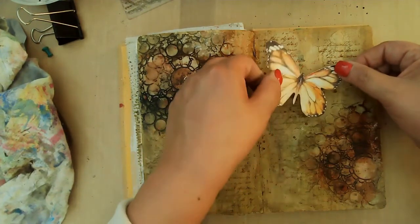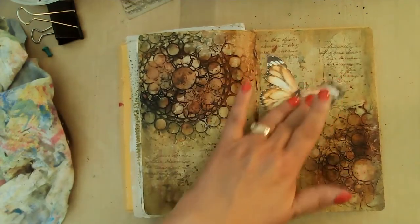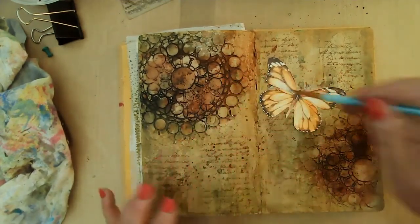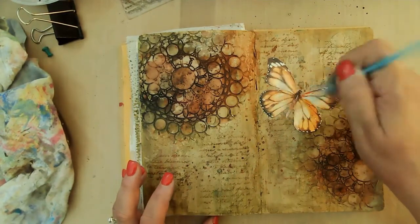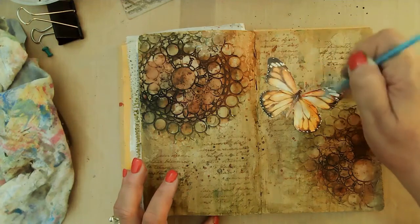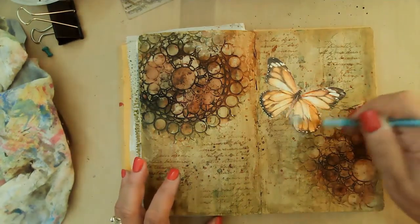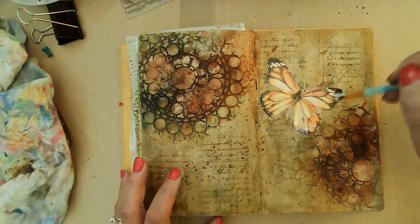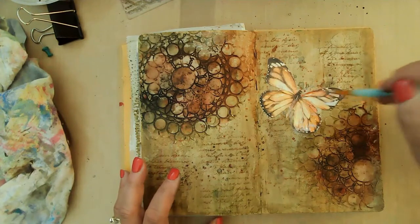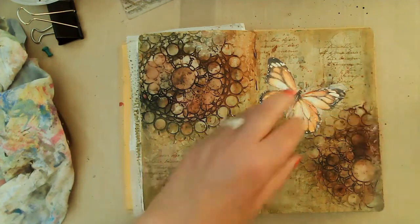So I'm going to put my butterfly up here, trying to avoid that texture that is all underneath it or around it. Just put a little bit of matte medium on the top. That's just so that I can go in with maybe a charcoal pencil or something and make this butterfly really pop off the page. I'll be fairly generous with it because I want it to